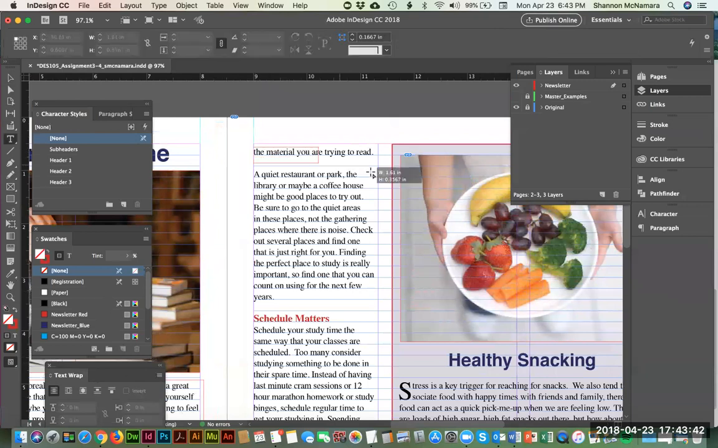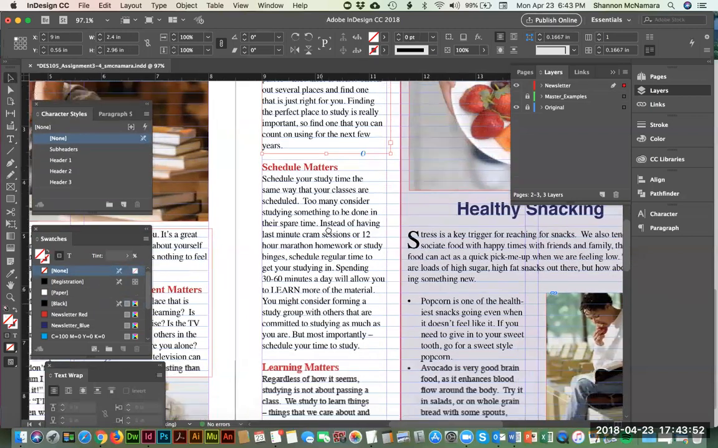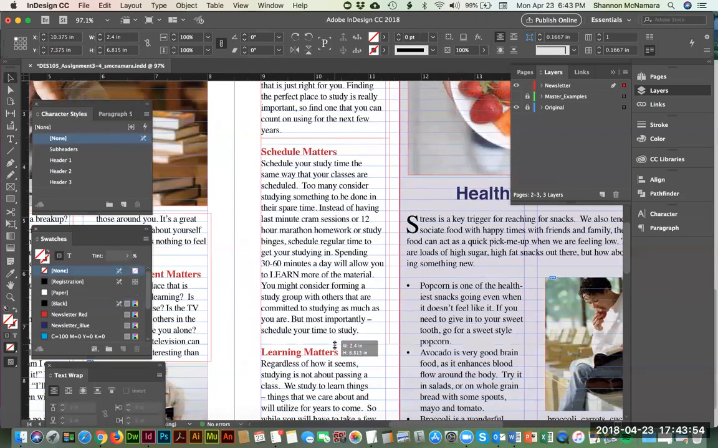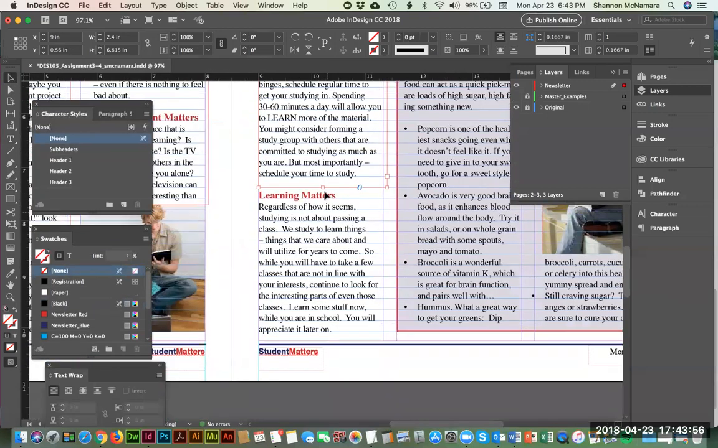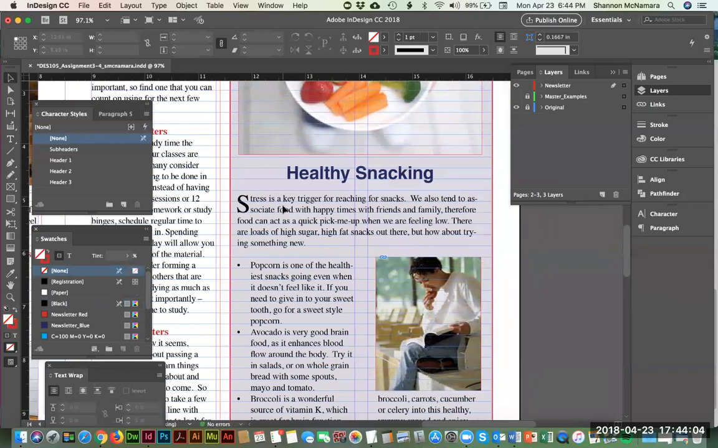So I'm going to draw another text box. All right, the same 2.4. Sometimes I just like to get the width right, and then I'll use the black arrow to just extend it down, right down to the bottom. And then this one,